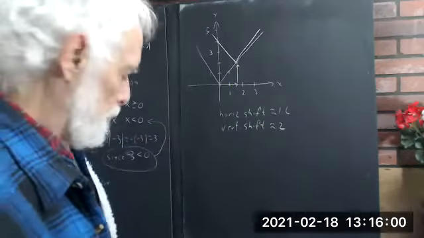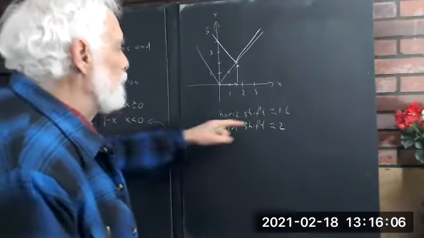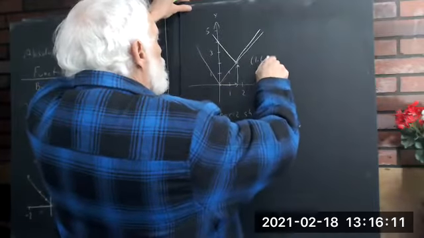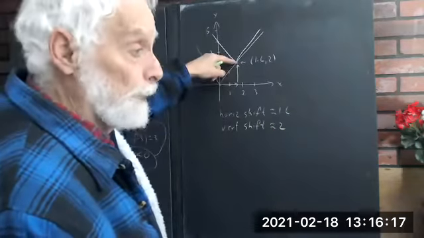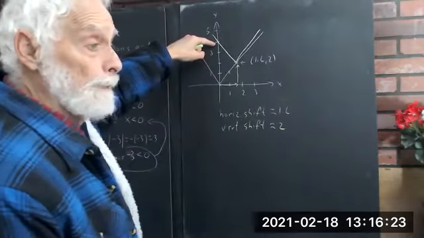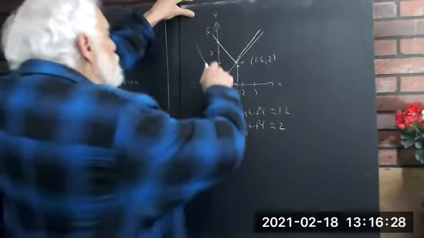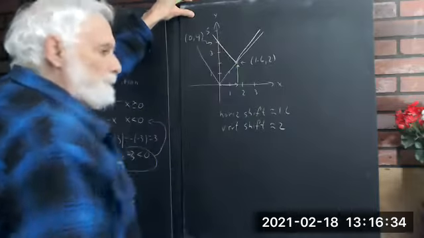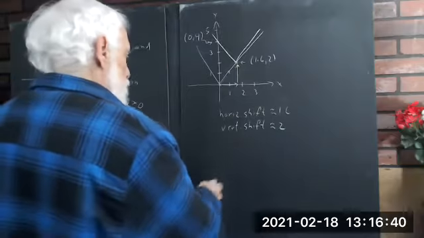We've got our shifts. Now we want to know if we've got a vertical stretch. Well, if the shift is 1.6 and 2, then the coordinates of this point here are (1.6, 2). Whatever the coordinates of this point are, that tells you the horizontal and vertical shifts. And then we have this point here, which sure looks like (0, 4). So what we know from the horizontal and vertical shifts